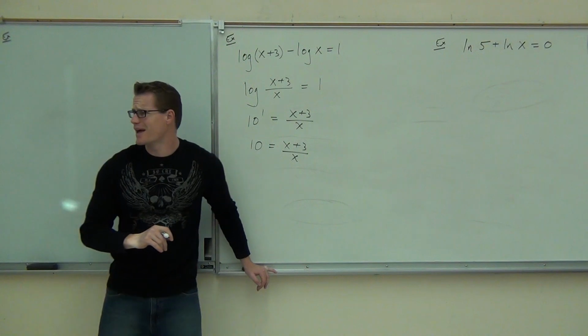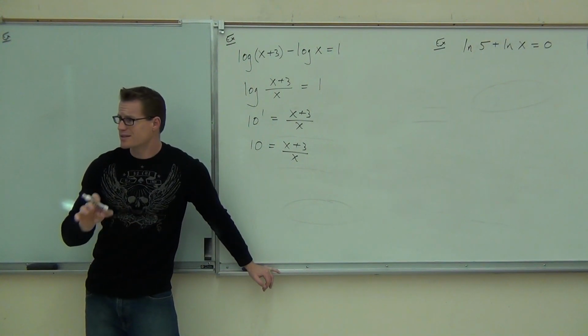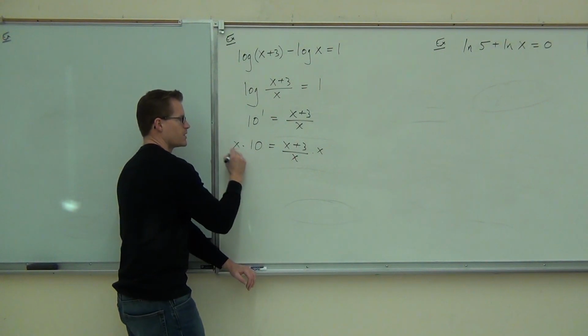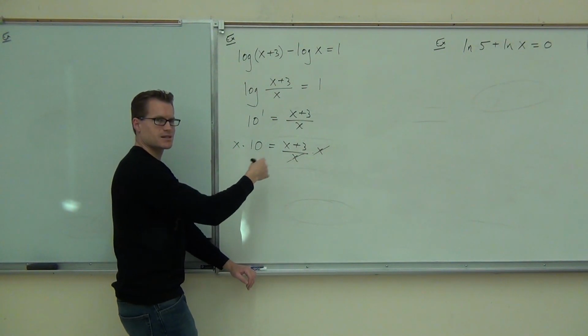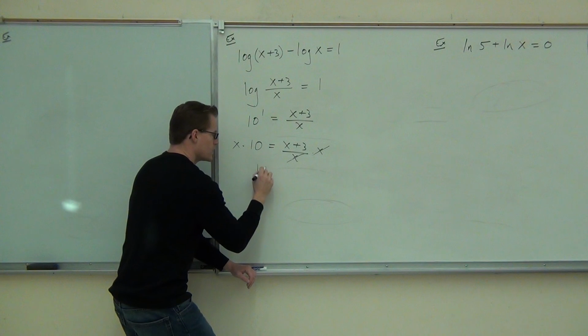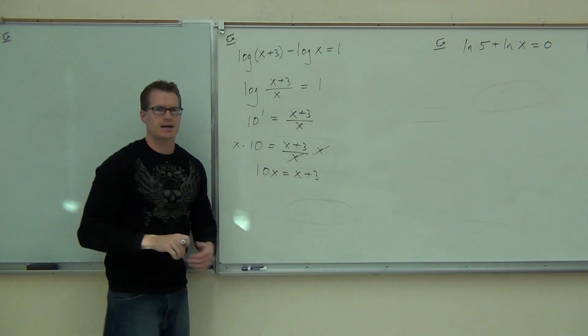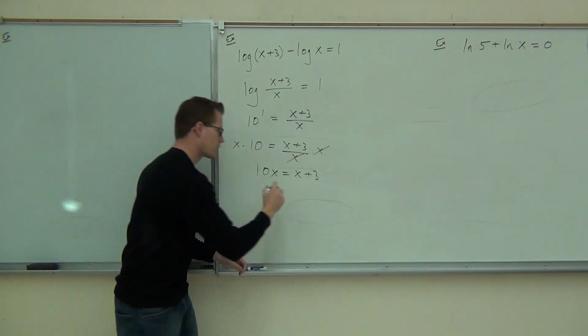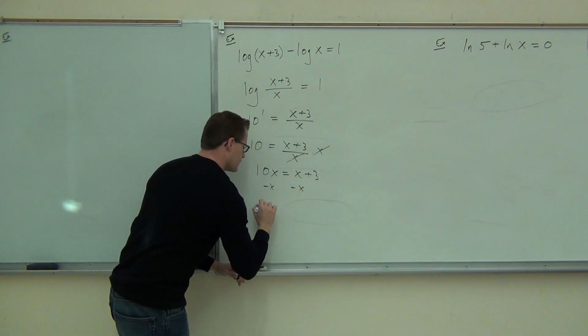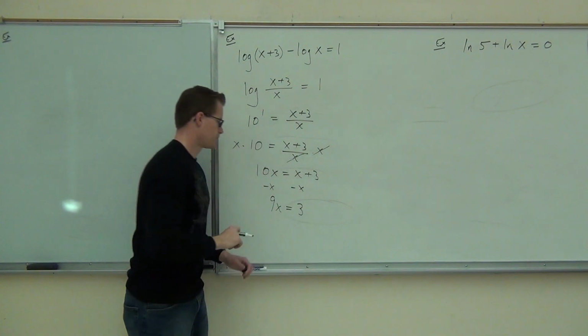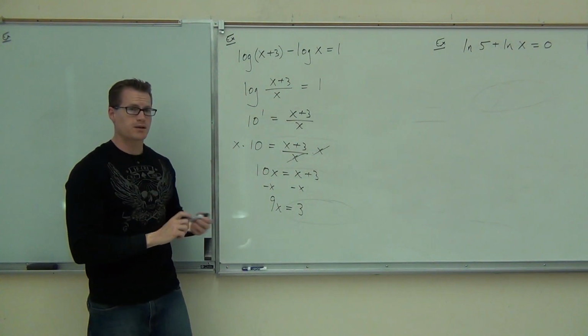Of course, how are we going to get rid of that x? Don't get stuck here. Understand that in order to remove an x off of the bottom of a fraction or denominator, you simply have to multiply by it. It acts like an LCD, that is the LCD. We get 10x equals x plus 3. And lastly, we'll get rid of our smaller variable, subtract that x. And finally,